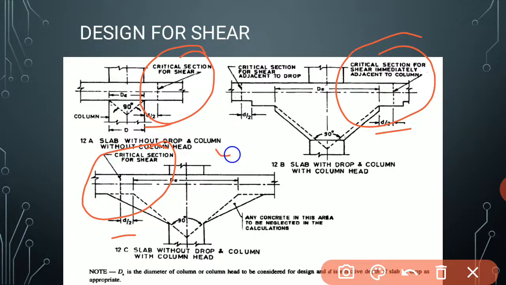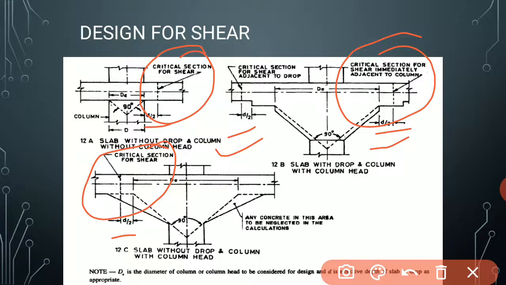And this slab with a column head has 2 critical sections like this. While designing shear reinforcement, the shear stress carried by concrete shall be assumed as 0.5 tau c, and the reinforcement shall carry the remaining shear stress.